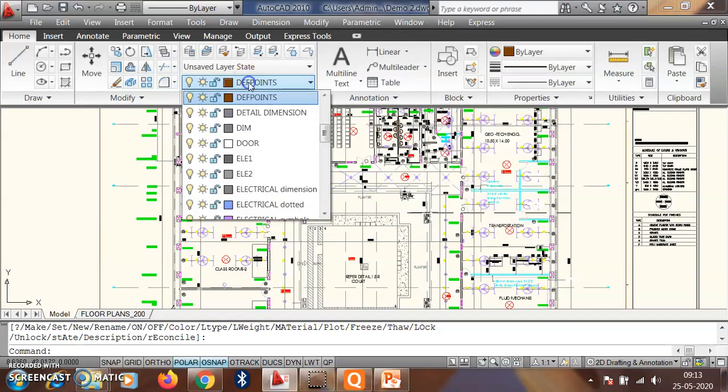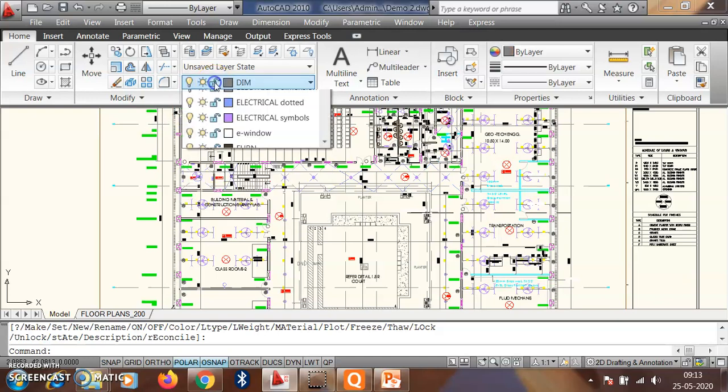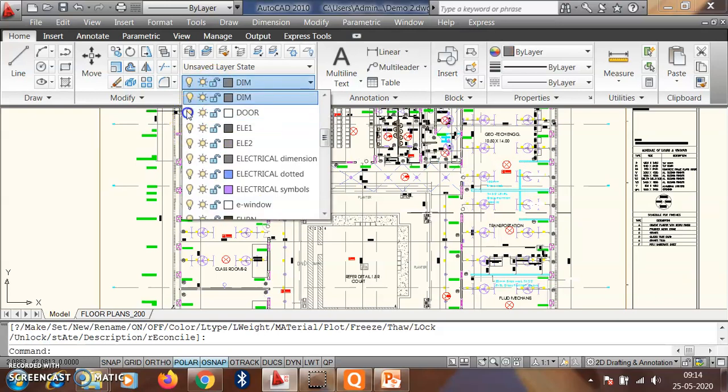This is off, and this is the current layer, so it is not off. Keep it on. Here are the details of dimension, dim, everything, door.